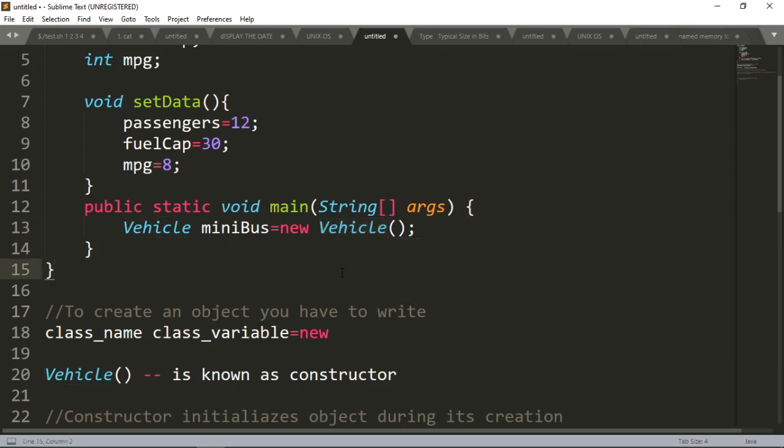Now, what is a constructor? First of all, I told you that a constructor initializes an object during its creation. The constructor is also a type of method.